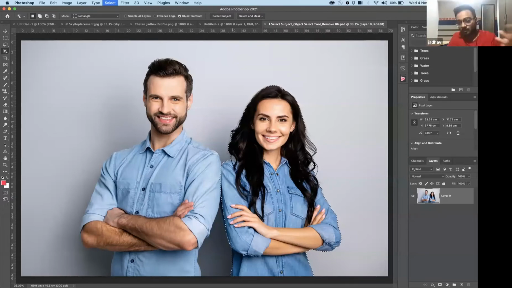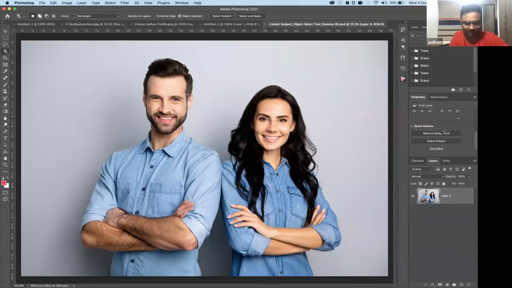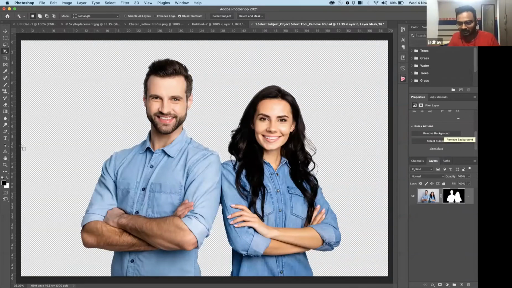Another common task that you do in Photoshop is removing the background. So if this is the photo selected and I want to remove the background, in the Properties panel I have a button called Remove Background. With the click of a button, Photoshop's intelligence will identify it, and you see the background is removed. So what I can do is come back and have any sort of background. Maybe I can come to a gradient and add a gradient in the backdrop.